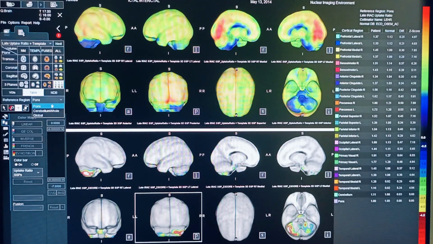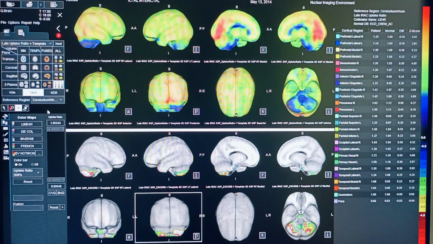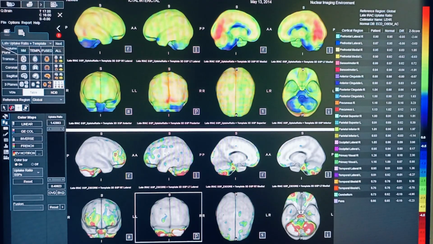For normalization, you have different options here as a reference region like pons, cerebellum, and global. Right. So you can see different normalization areas show different extent of the disease. Okay, mostly